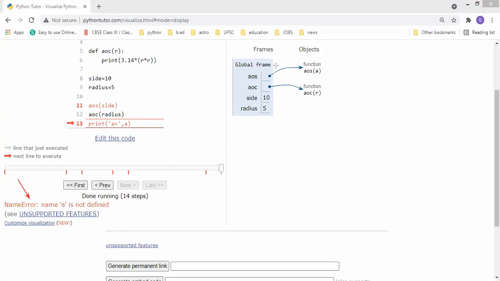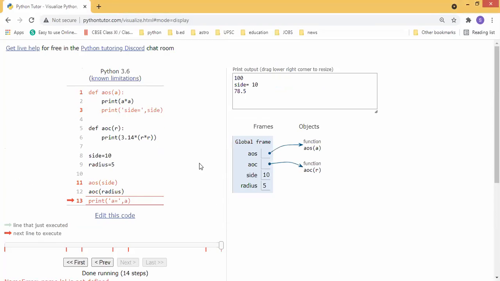Name a is not defined means there is no variable called a in this particular program. The visibility is such that it cannot access that variable present inside the function, that is a sub program. The lifetime of that particular variable is within the function only. We cannot get it outside of that particular function. That is called a local variable. Understood everyone?